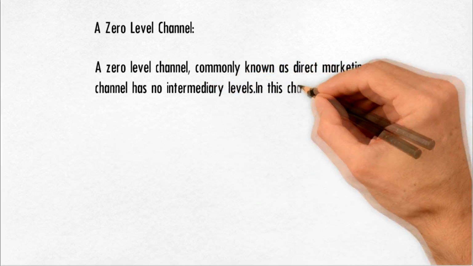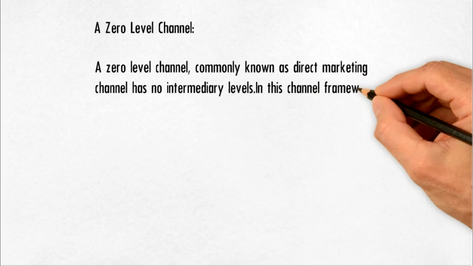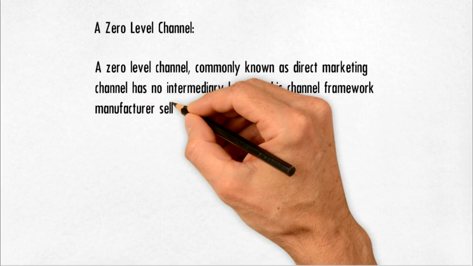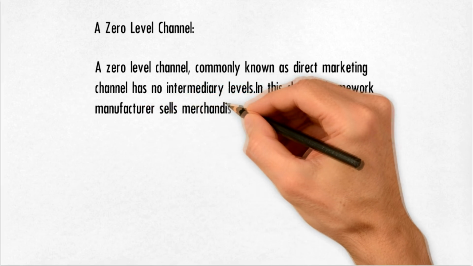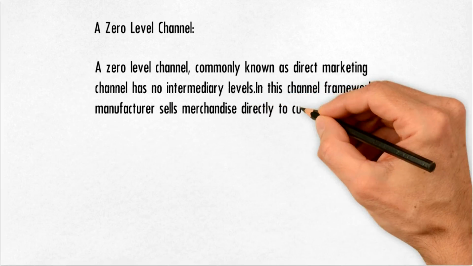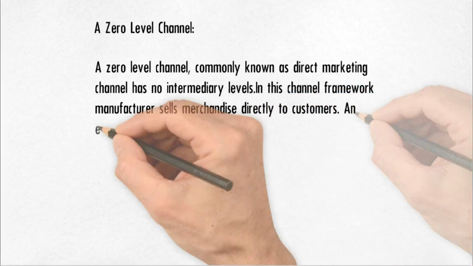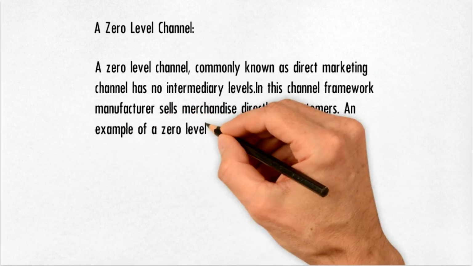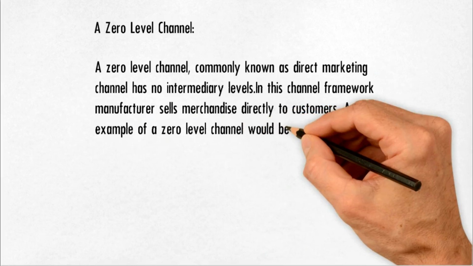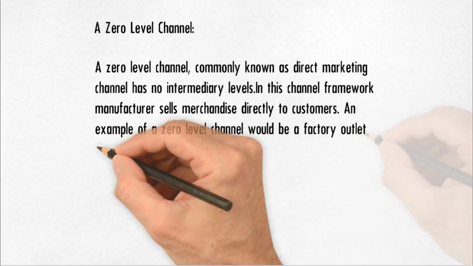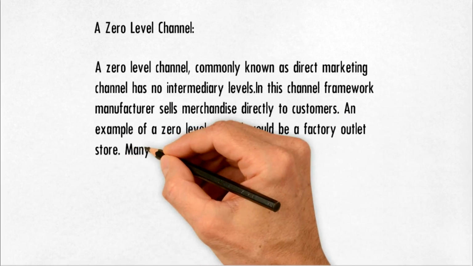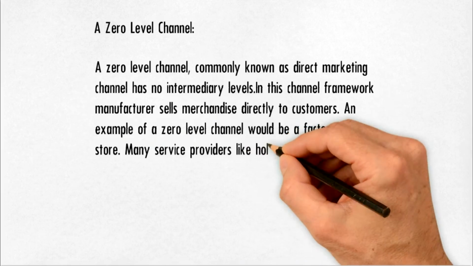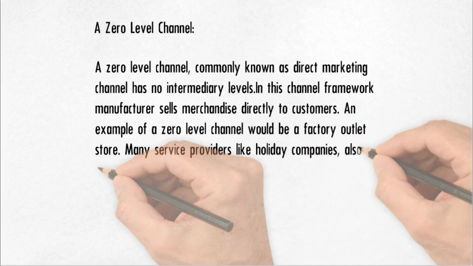Many service providers like holiday companies also market direct to consumers, bypassing a traditional retail intermediary, the travel agent. The best example will be Dell computers. Dell directly sells their personal computers and laptops through their website or Dell representatives. Eureka Forbes, the leader in domestic and industrial water purification systems, vacuum cleaners, air purifiers, and security solutions, is a pioneer in direct selling. That makes it Asia's largest direct sales organization.